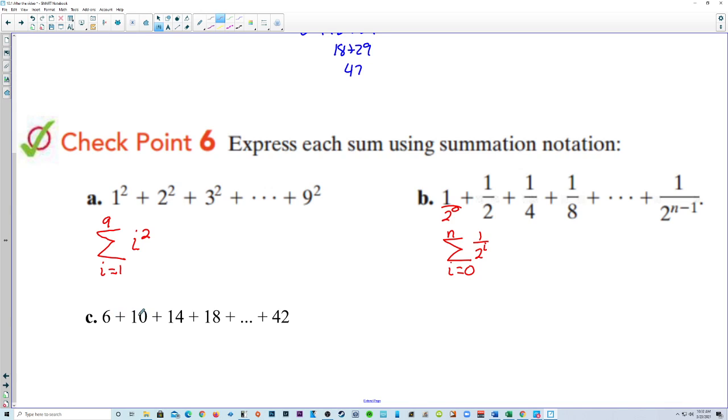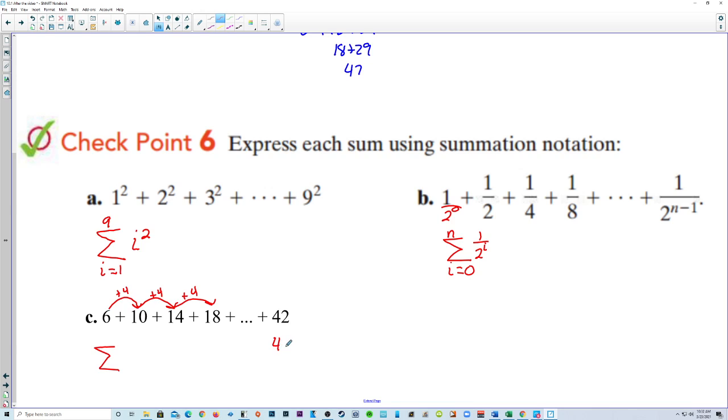This one down here, we say it's linear because we're going to add 4, and then add 4, and then add 4. So it seems like we're adding 4 every time, and that's a linear growth. Each term is growing by the same amount. Let's get the sigma, and let's decide what we're going to start with later. But if something is increasing by 4, that means the slope of this line is